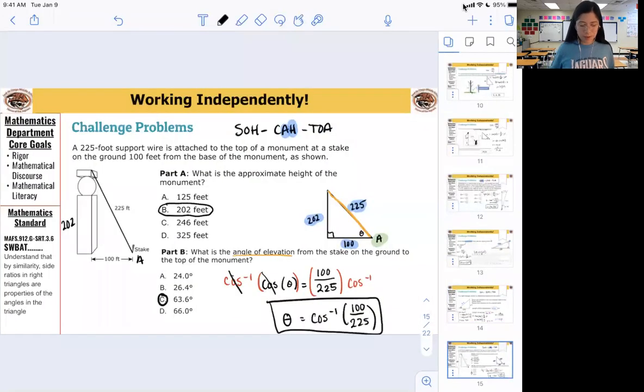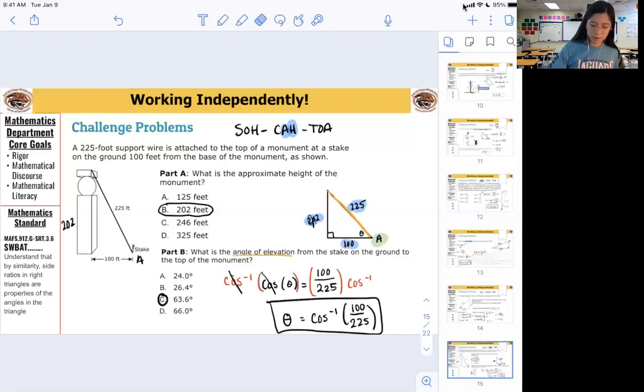15, 202 feet was the height, and then 63.6 was the angle. Questions on that one? Okay, Janelle, you're a little confused. On which one, part A or part B? Both. Okay. So for part A,